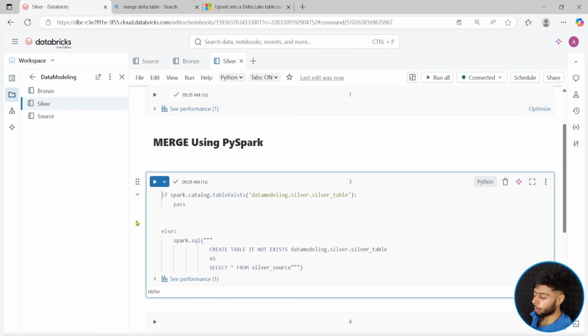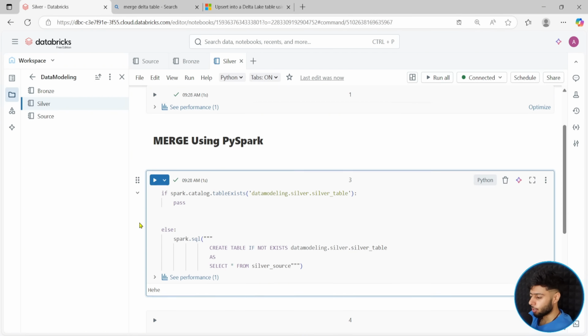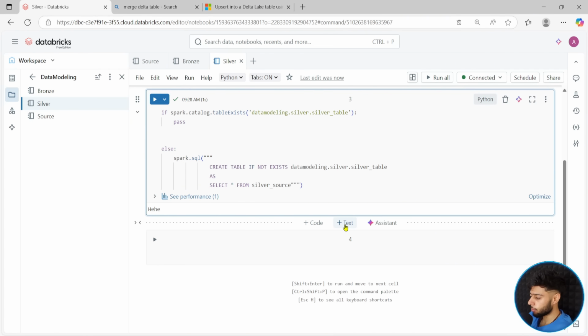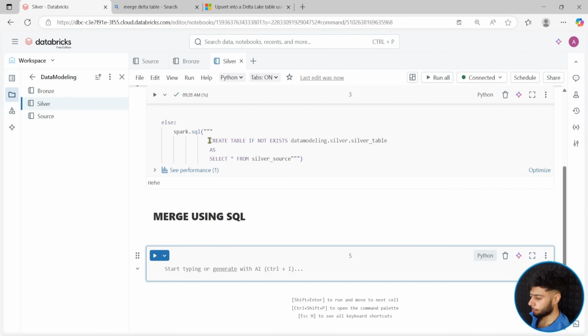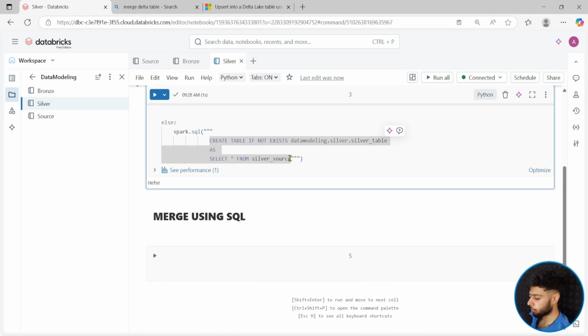Because in your interview, they can ask you some PySpark related questions as well. It is related to data modeling, so I have to tell you both the things. Hey, this is your silver layer. In the industry, they use PySpark as well, they use SQL as well. So you should be aware of those things, right? So now if you are using merge using SQL, I will simply say merge using SQL. Okay, so first of all we will simply copy this particular code,